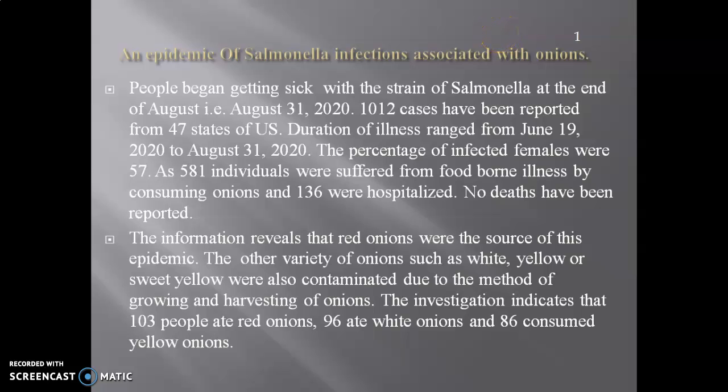The percentage of infected females was 57, as 581 individuals suffered from foodborne illness by consuming onions and 136 were hospitalized, though no deaths have been observed during that period. Information reveals that red onions are the source of this epidemic. Other onion types such as white, yellow, or sweet yellow are also contaminated due to the method of growing and harvesting of onions. The investigation indicates that 103 people ate red onions, 96 ate white onions, and 86 consumed yellow